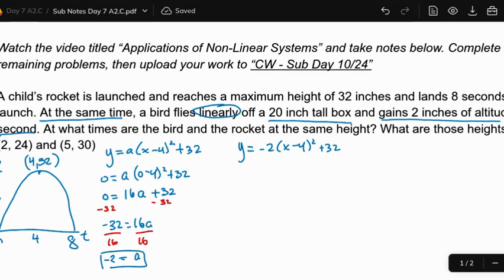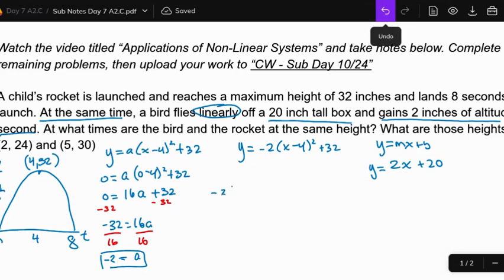So it's going up by 2, running by 1 each time. Well, that should be a little longer for the 2. So then we can look and see that the y equals mx plus b form would be y is equal to 2x plus 20, gaining 2 inches, and it's starting at 20. So this creates my little system of equations with these two equations here that I can then set up an equation to solve. Since I know what y is for both of them, I can just set both expressions equal